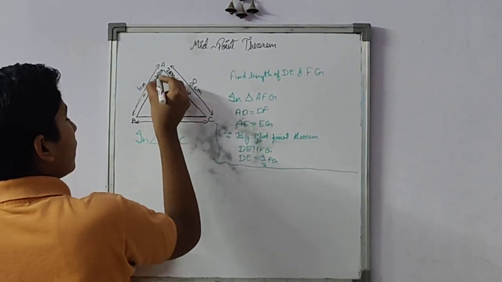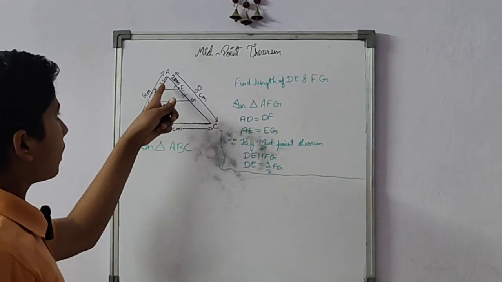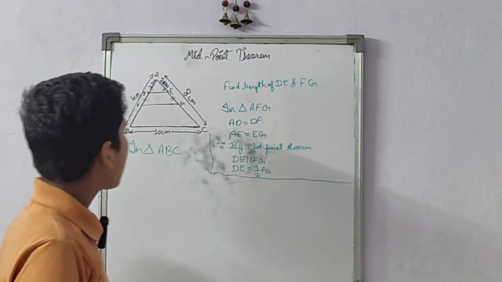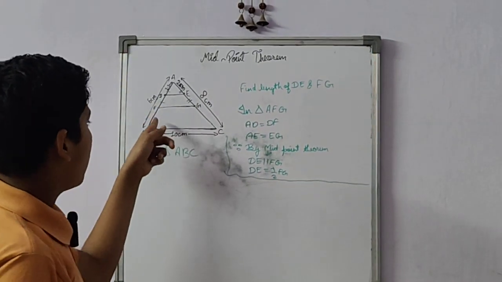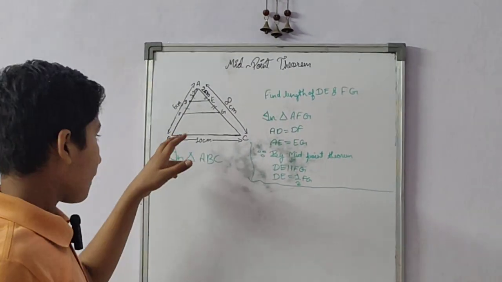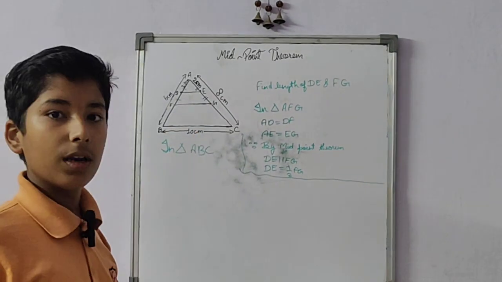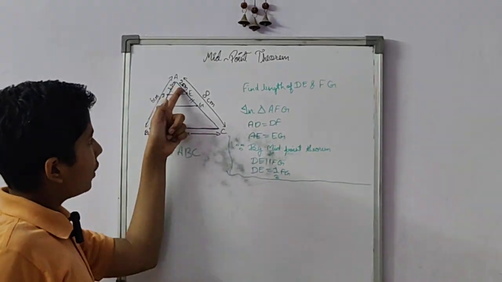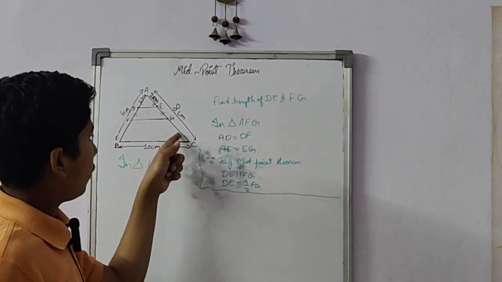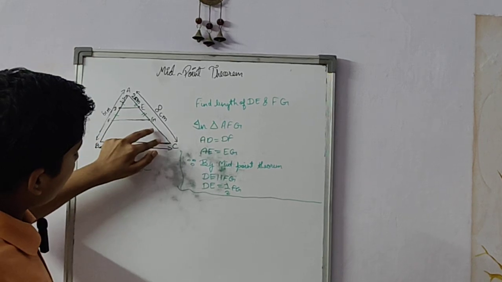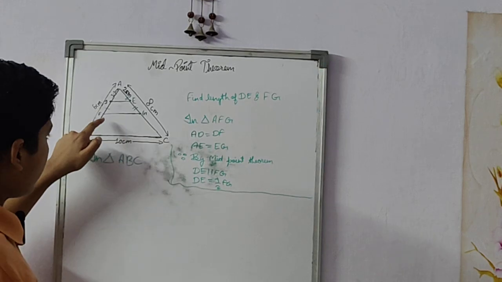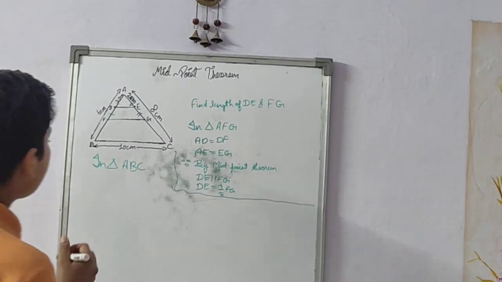See, these two sides are equal, means this is 1.5, this is 1.5, means the total is 3. This is 3, so this will be 6 minus 3, meaning this will also be 3. So these both sides are equal, and in this one this is 2, this will also be 2, 2 to 4, 8 minus 4, this will also be 4. Means this side and this side are equal, and this side is equal.